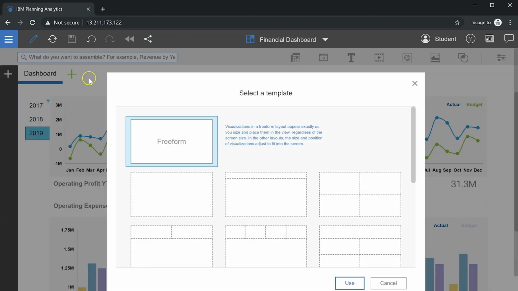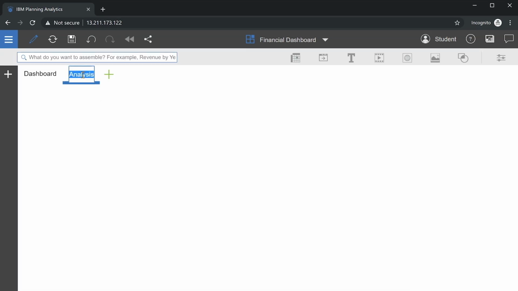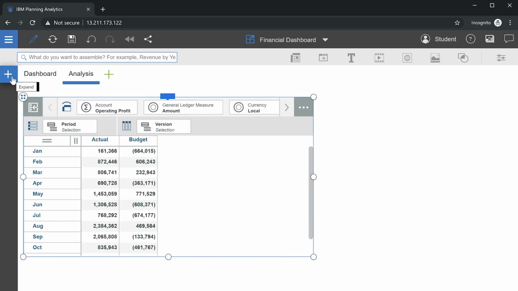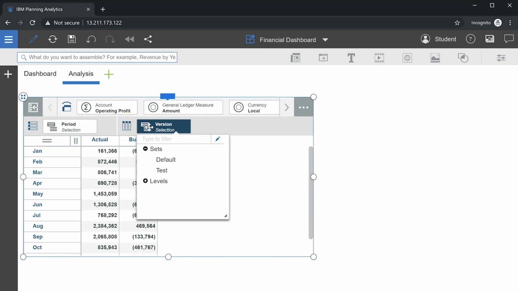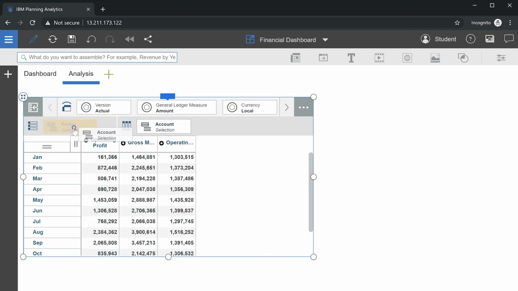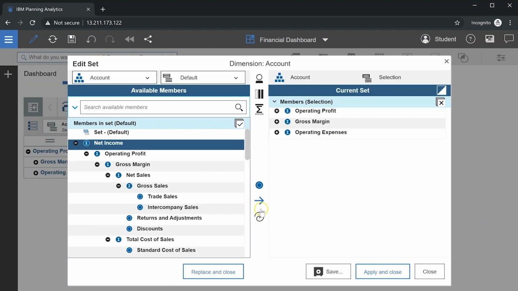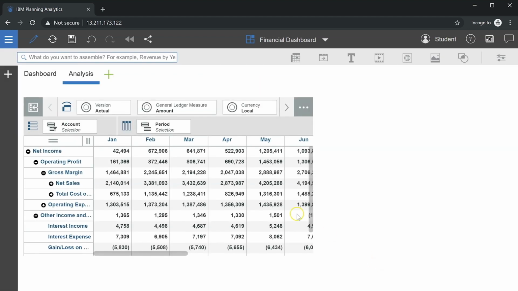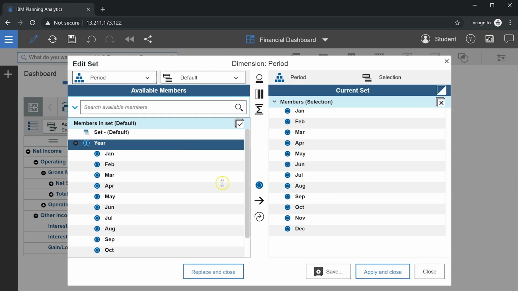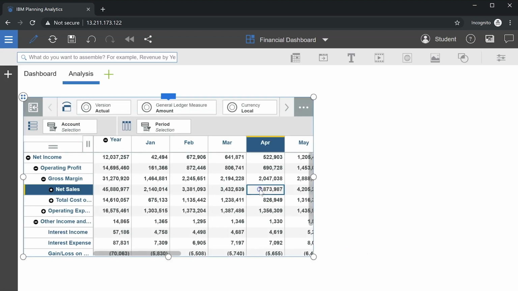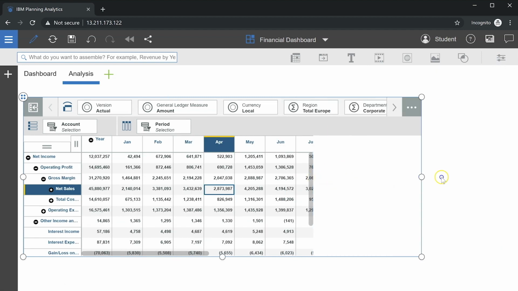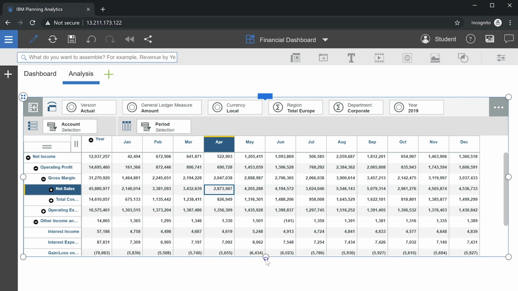Lastly, to give users the ability to pivot data, I'll set it up on a new tab and beautify it to fit. Synchronize the year,